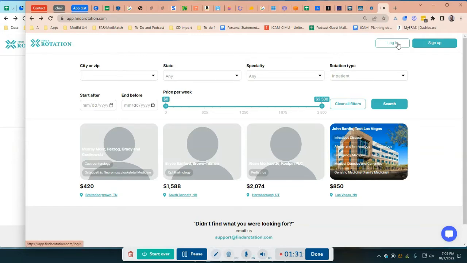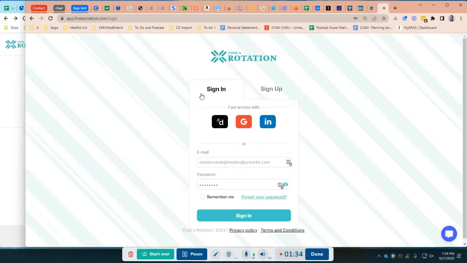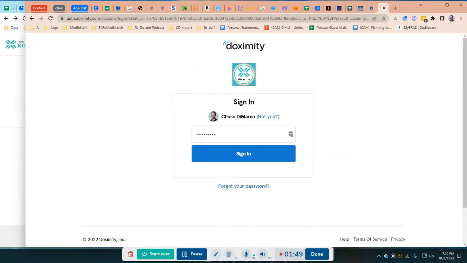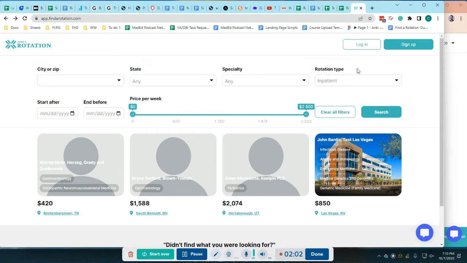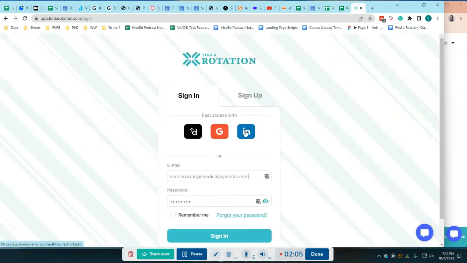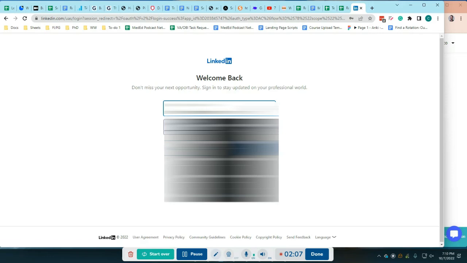So as we are approached with different requests, we're constantly trying to update the system to match the requests we receive. So on this one, I am going to sign in, and it's nice that we have these social sign-ins here. Doximity is one that most physicians and students do have, and if not, then they have LinkedIn. Those are very reputable and make sure that we really receive quality information from the platforms if the user decides to use a single sign-on such as that. So let's sign into this, which I believe is my student account. Yes, this is my student account. And I'll just switch over here real quick to log into my preceptor account, which I believe I use LinkedIn for,